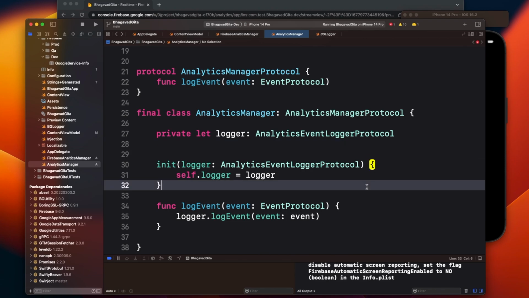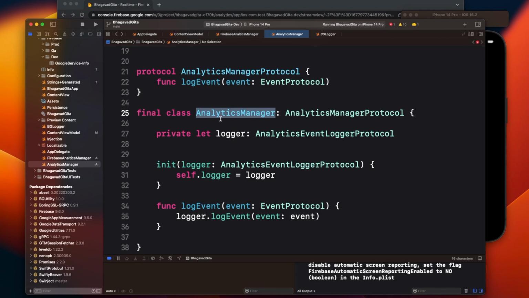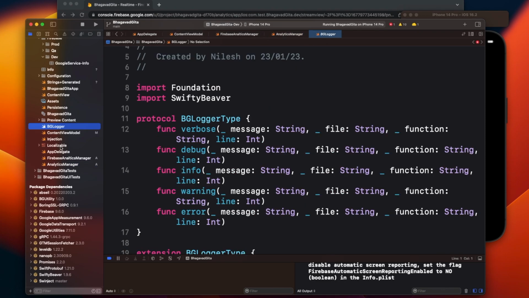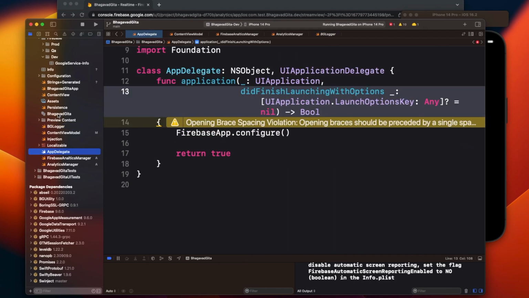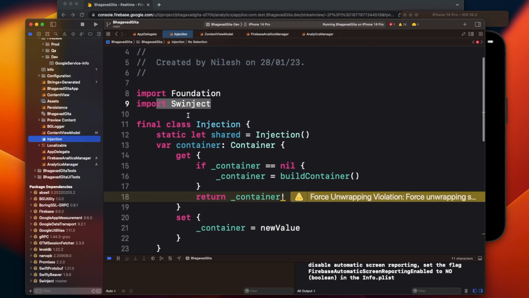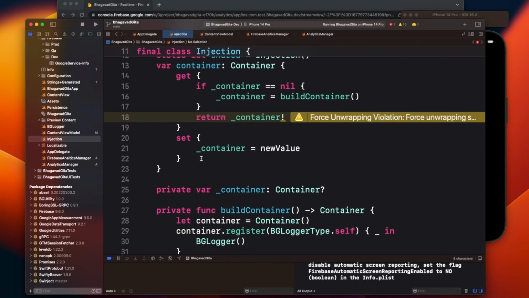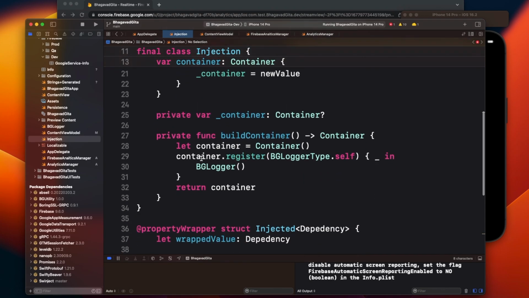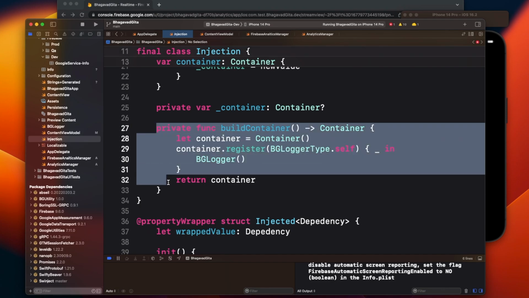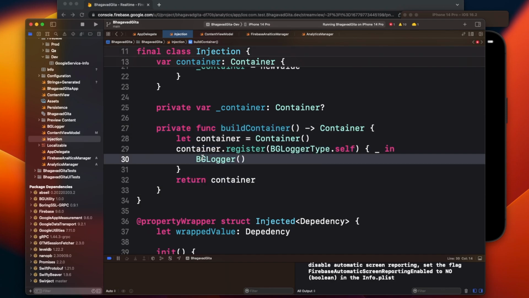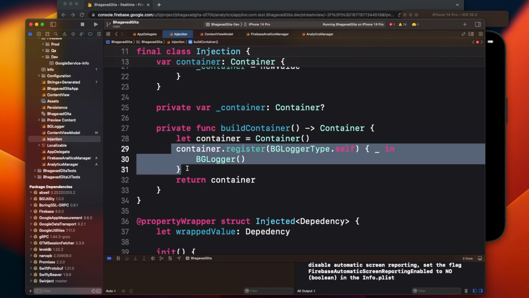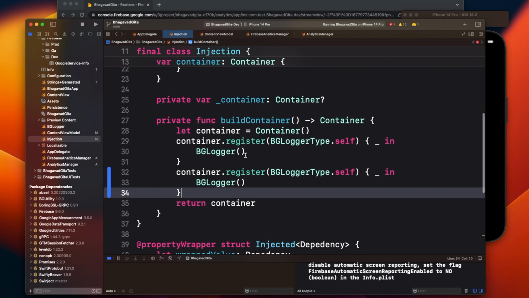now how can we use this Analytics Manager? One way is that you can create a singleton object of that, but I'm not going to go in that approach. In my second or third video, I've already discussed how I'm using this dependency container, the concept of the Swinject library, to inject different dependencies that have to be used at the project level. Okay, so if you have not watched this video, I'll suggest you to have a look at that video and then come back here. So what I'm going to do, I'm going to register here the dependency of my